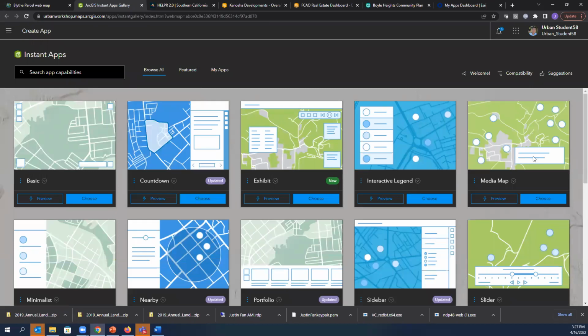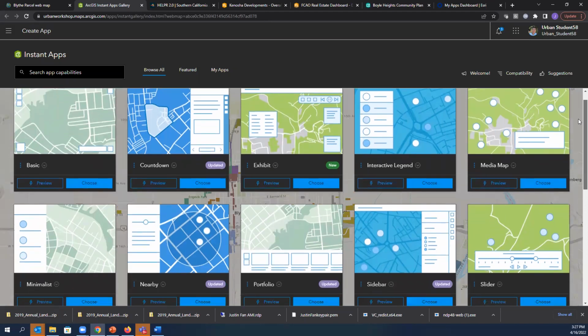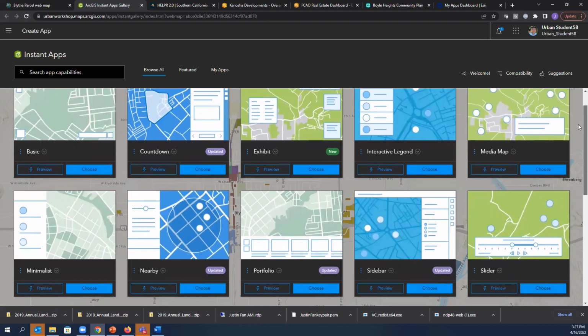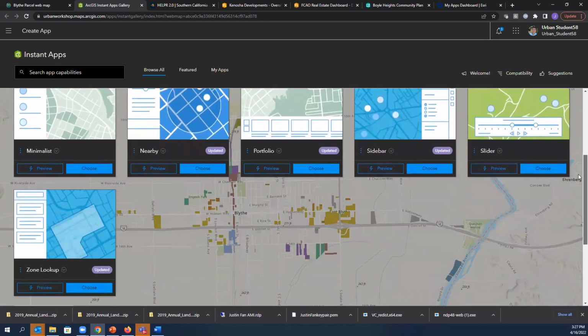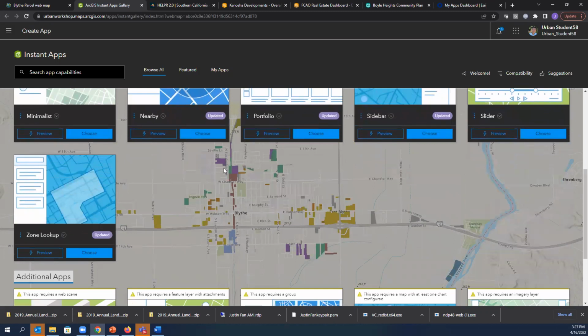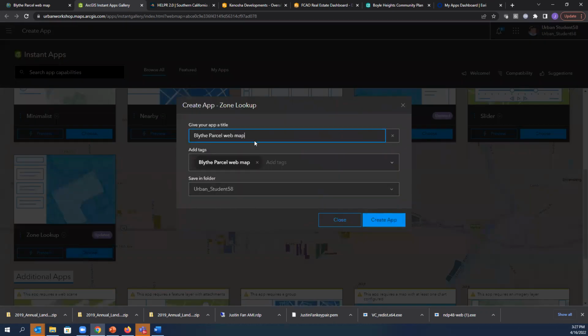You can see I'm now presented with the templates for those instant apps: basic ones, cut down, interactive legend, and so forth. As I mentioned, I'm going to pick Zone Lookup. You can preview, or say I'm going to go with that, use that template to build a very simplistic parcel lookup application. Now I'm going to give a title. Remember, we're building this based on a web map, but this is actually going to be called Blythe Parcel Lookup